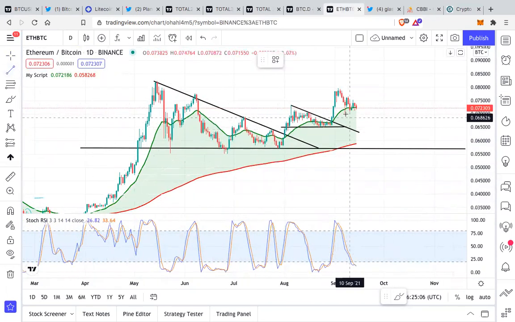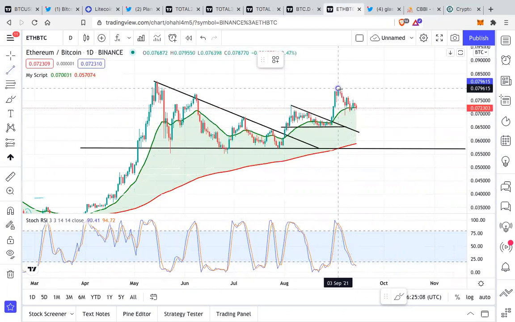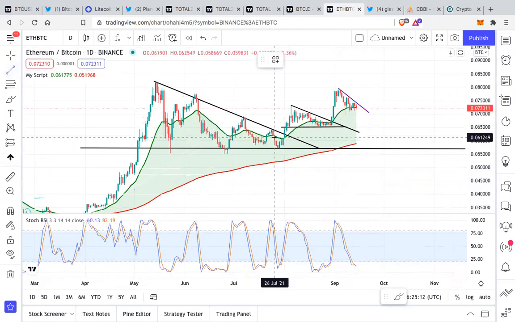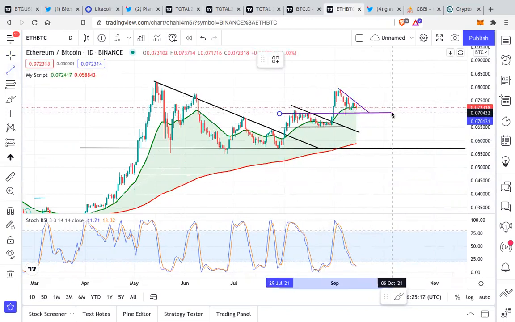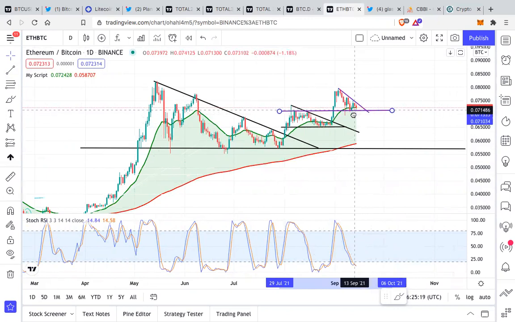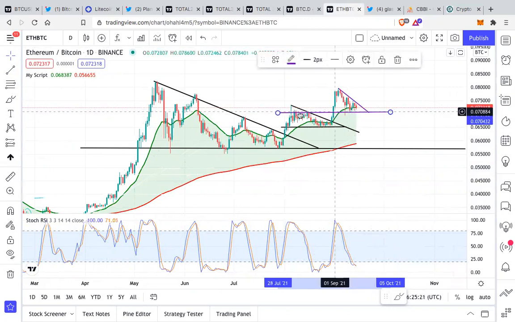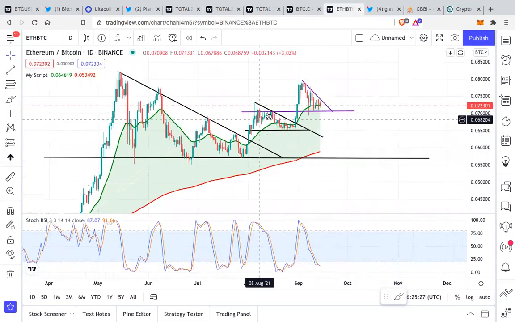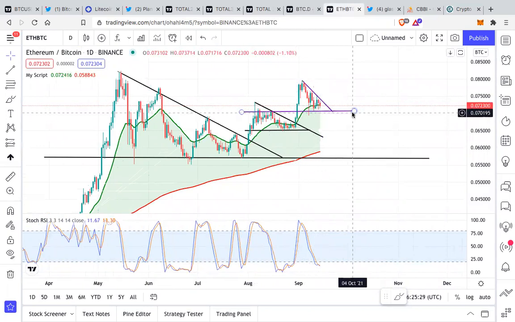If you look at the ETH BTC chart, just look at this. It is consolidating above our bull support band, again forming a very bullish pattern. Breaking out of this resistance will lead to another pump. This was the previous resistance, and now it is acting as support. So it is flipping resistance into support, which is extremely bullish.